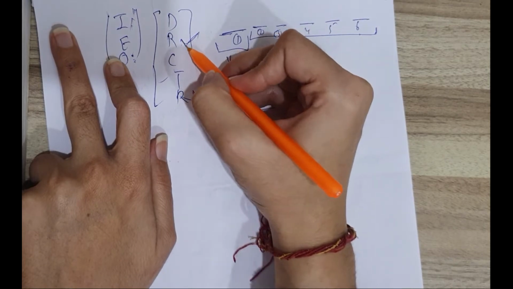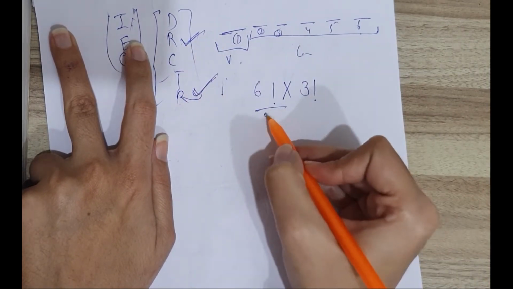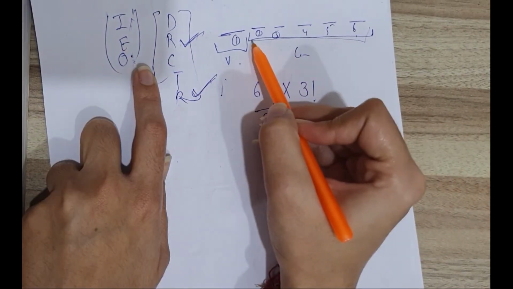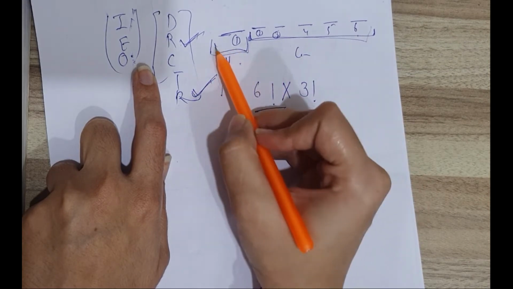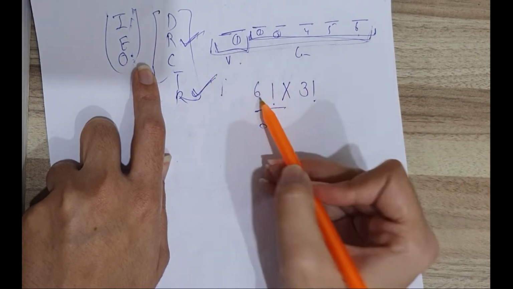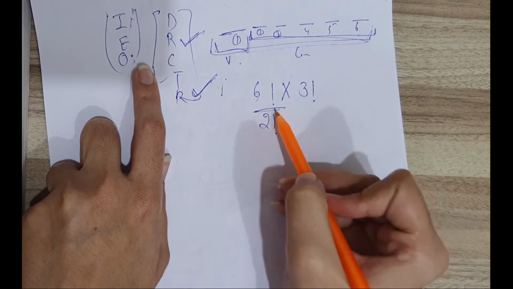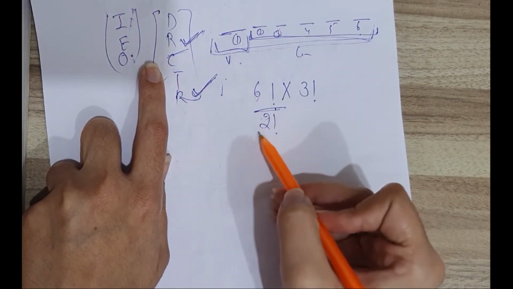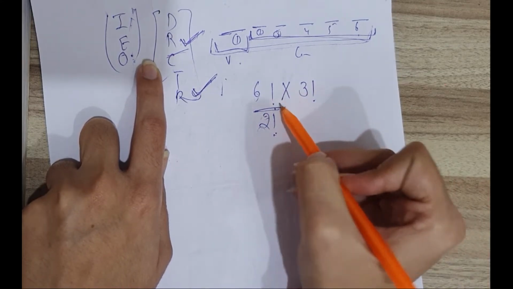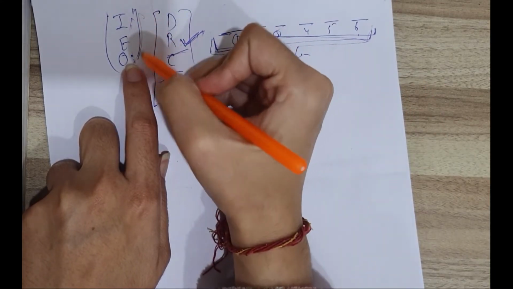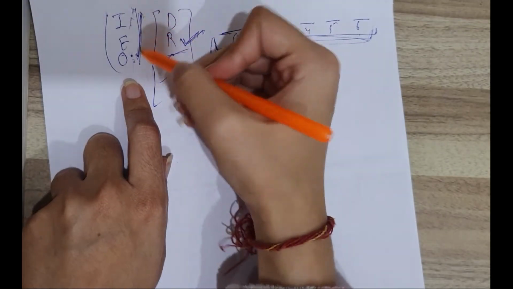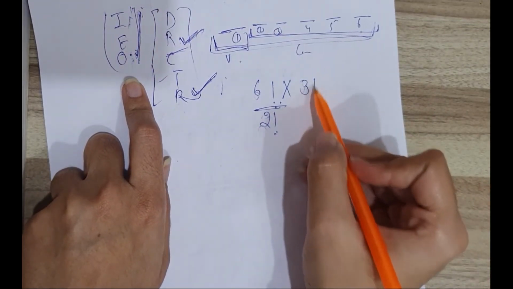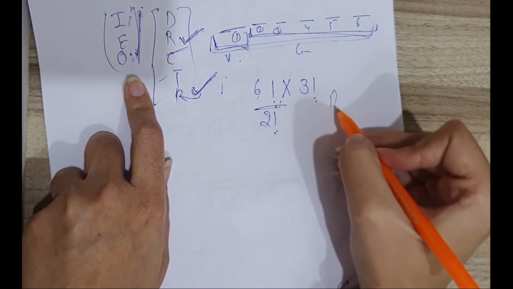Here you can see R is coming twice. It means divided by 2 factorial. 5 consonants and 1 vowel group are there, so 6 places are getting occupied. So for that, 6 factorial upon 2 factorial, since R repeats, into 3 vowels can shuffle around each other, so 3 factorial. Now solve it and you will get your answer.